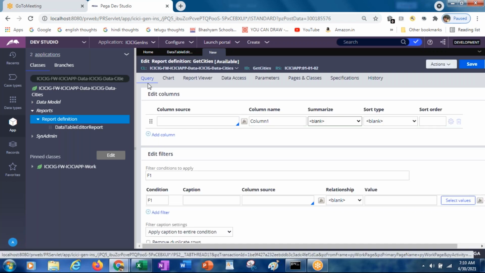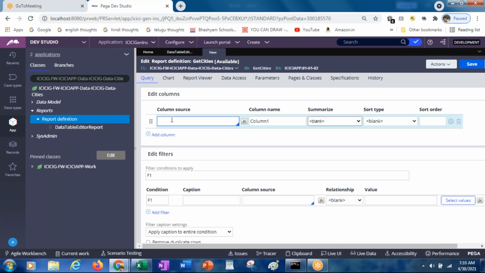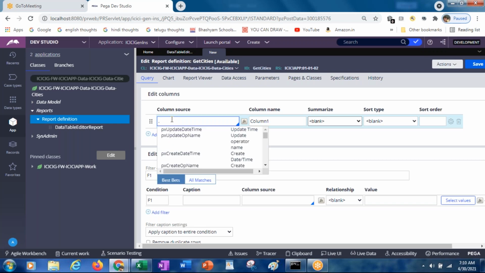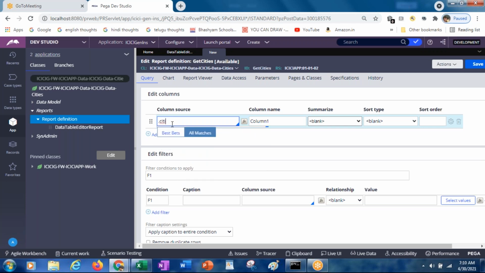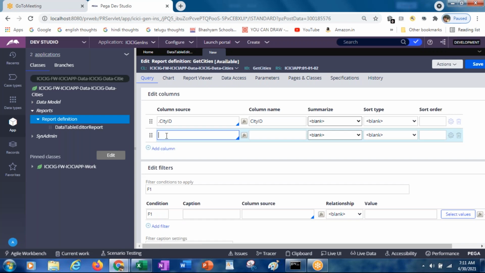In the query, what are the columns you want to retrieve? I want to retrieve city ID, and later city name.